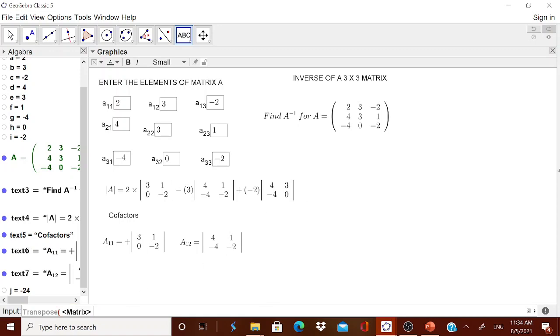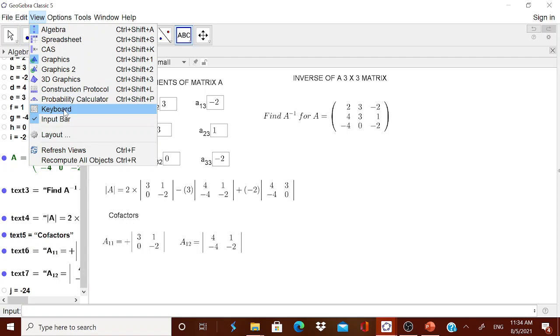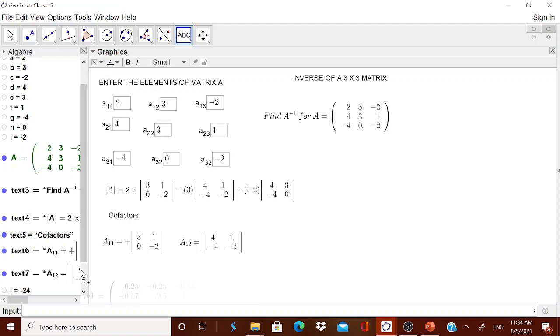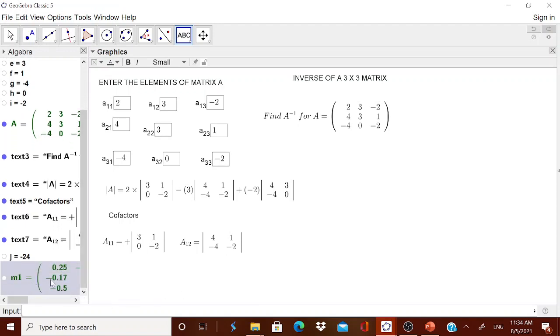Now another interesting thing, already we have discussed that whenever you have expressed matrix A in GeoGebra, you can find the A inverse directly. For that, go to view, go to this keyboard, then again type here capital A cap -1. Well, you see, you got it. This is the inverse now. But sometimes, as I told you earlier, as the value is -24, you are getting everything in decimals.